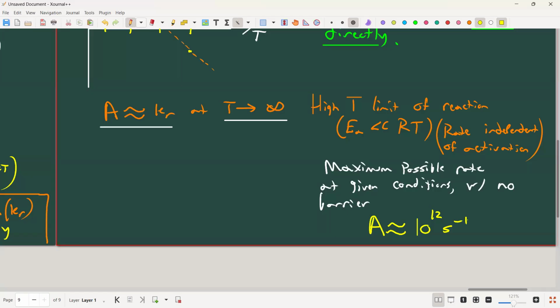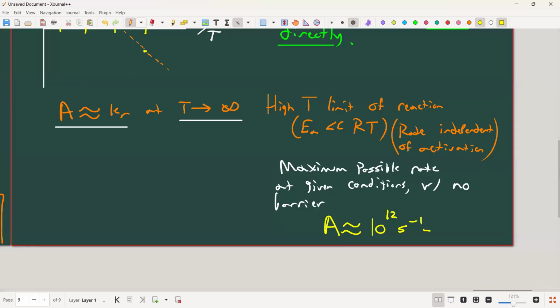There's a lot of reasons why that is. I'm not quite ready to explore them yet, but 10 to the 12 is kind of a good approximate number. Sometimes they're less, sometimes they're more. Usually around 10 to the 12 per second. Right, so that means that roughly a reaction takes about a picosecond. The time scale of the reaction, the time of reaction